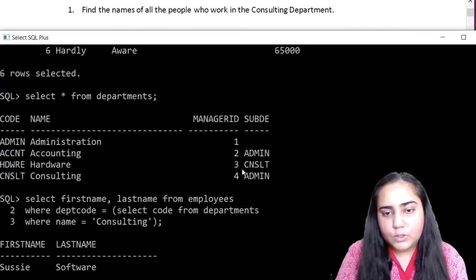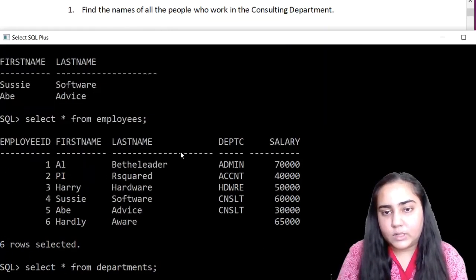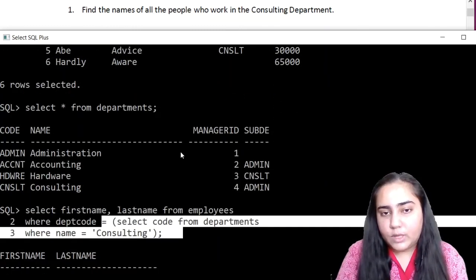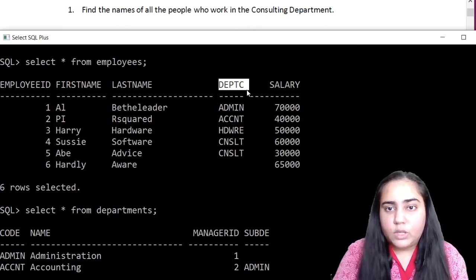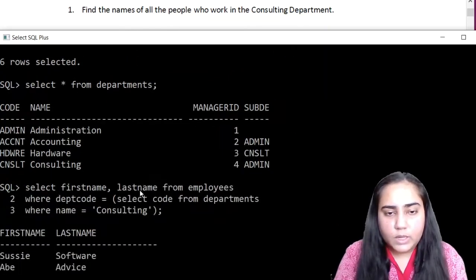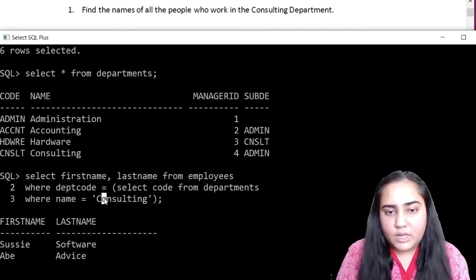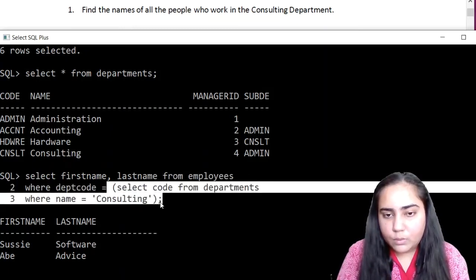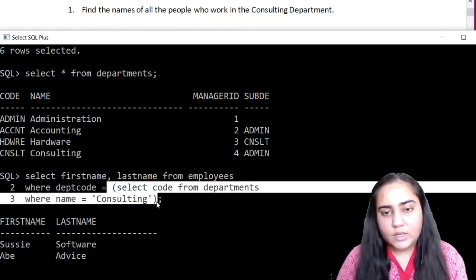And without doing this, I cannot say what is the code of consulting. So in order to do that, I have to match the dept code with the code of consulting department. And to do that, I have to select that code from the departments table wherever the name is equal to consulting. Once that code is selected, this whole query that you see here within these two brackets gets replaced